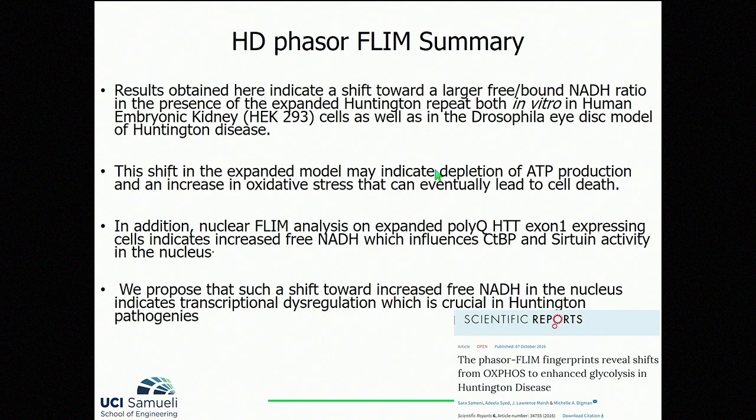So just to summarize the first part of this example, the Phasor FLIM approach allowed us to quantitatively monitor the change from glycolysis to oxidative phosphorylation to glycolysis in cell cultures as well as in the eye disc Drosophila model. And within the nuclear compartment, we noticed that exon 1 expressing cells increase the levels of free NADH that influences both CtBP and sirtuin activity in the nucleus. That's been shown already by other researchers, but it was important to show the nuclear